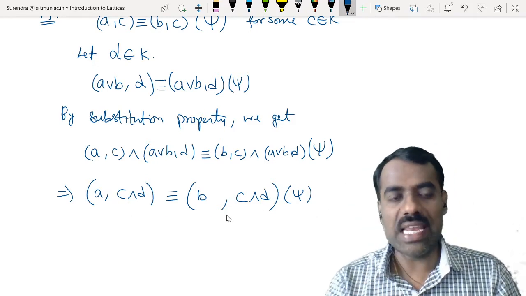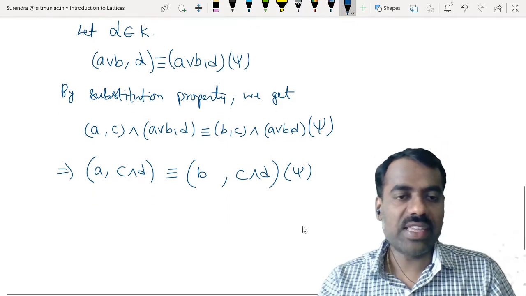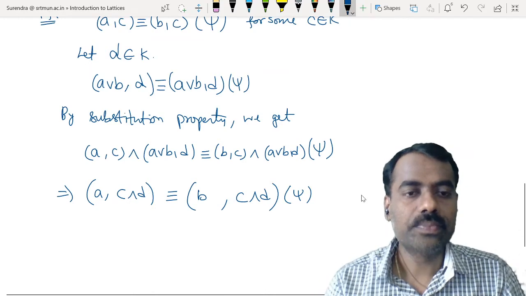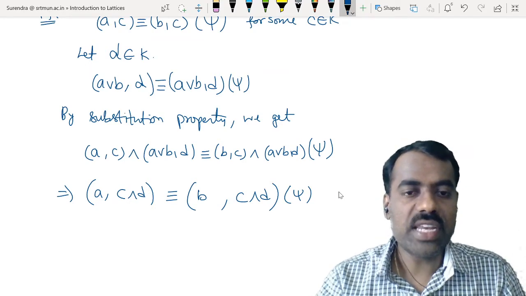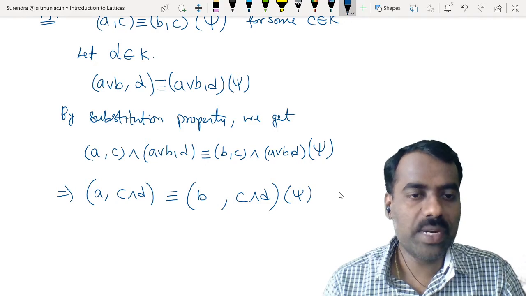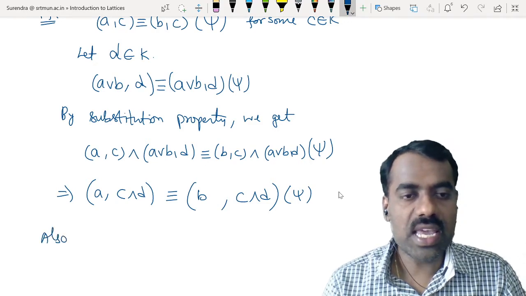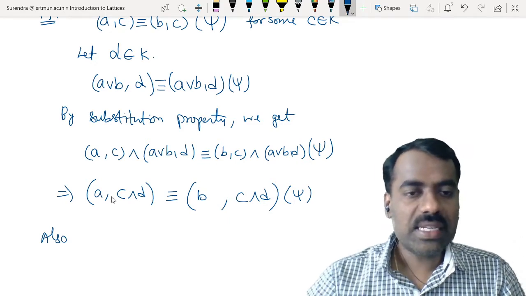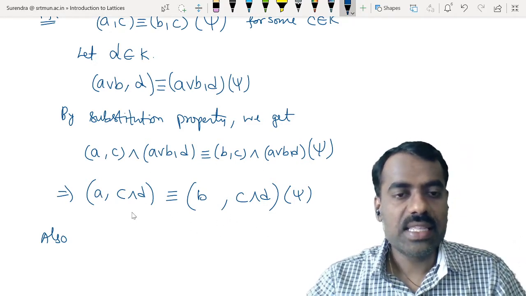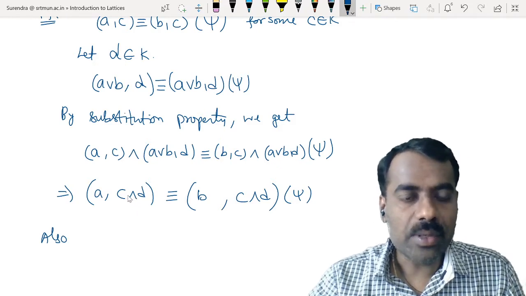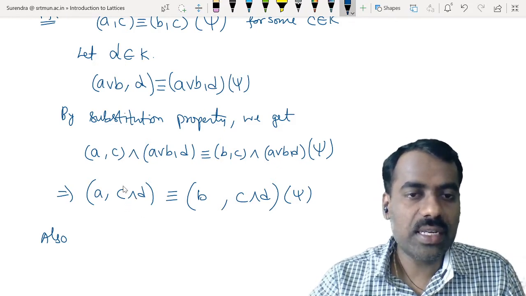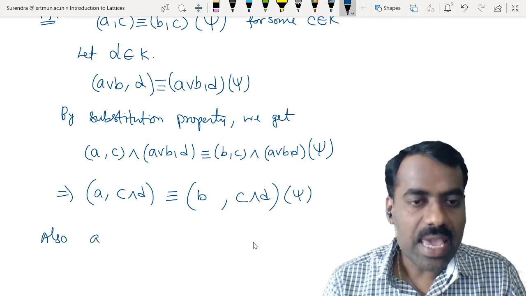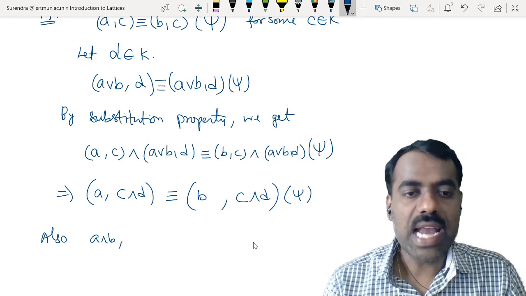Now we have to select a suitable element in such a way that when you get here, you should get D here. Okay, so how we will do that? If we take some element, again we have to use substitution property. Here also A I should get, B I should get here, right? But the other way, if I take some element here, suppose I call it join. If I take some element and I try to join with that, I will take A meet B comma, I'll take D here.